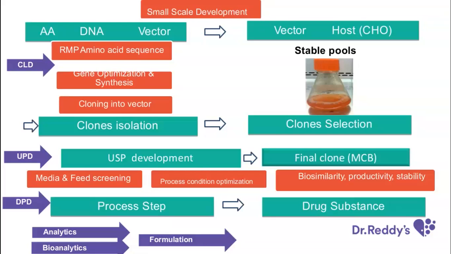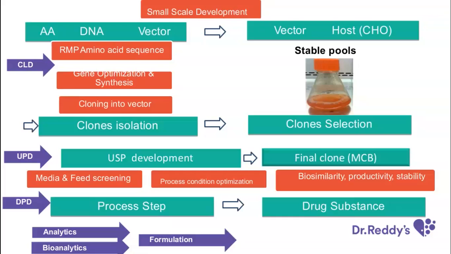This is the master cell bank. From this master cell bank, they prove all the biosimilarity, productivity, and stability, and everything will be tested from the master cell bank. Once this is done, then it goes to the downstream. So in the downstream process,